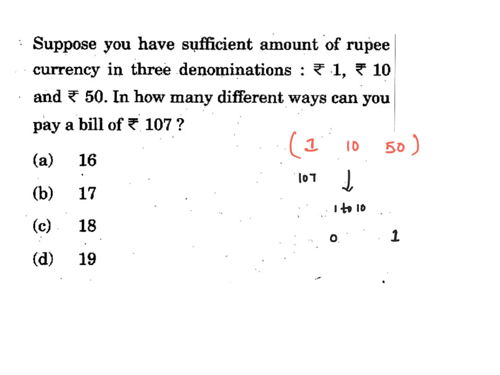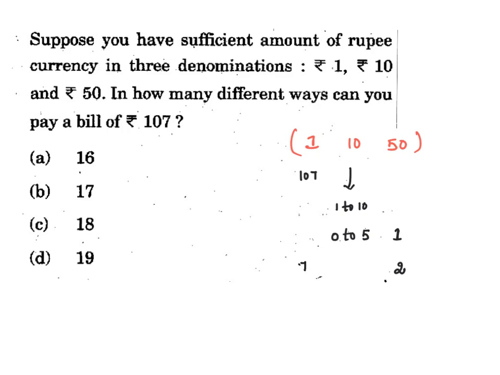You can use 0 ten-rupee notes up to 5 ten-rupee notes. 0 ten-rupee notes means you are not using 10 rupee. 150 rupees, remaining all 1 rupee. Then 150 rupees, then 110 rupees, then remaining all 1 rupee, like that. So if you are using 250 rupees, which is 100 is done, you can't use 10 rupees now. So it is only 1 rupees you have to use. So you have to use 7 one-rupee coins if you use this. So how many possibilities are there? Here 1 possibility, here 6 possibilities, here 0, here 1 to 10, 10 possibilities, here 1. Put together 18 possibilities. So the answer is 18.